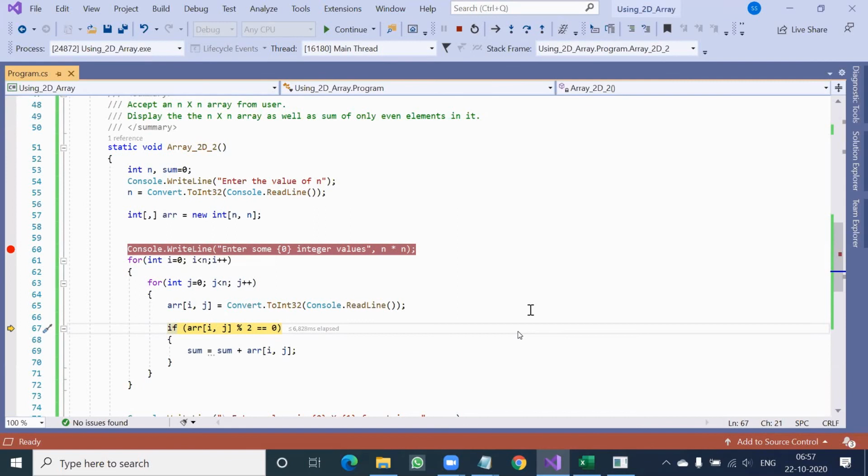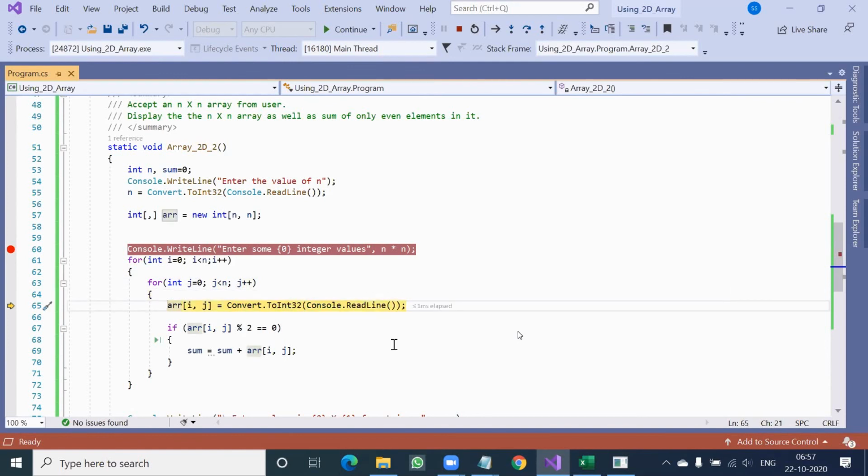So now it will check whether it is divisible by 2 or not. What do you think? 23 is not divisible by 2. That means it will not let it go inside the if condition. Can you see? It directly came to the curly bracket close. It didn't go into the if condition because it is really not divisible by 2. F10, that means j++. Yes, this time also it is correct.